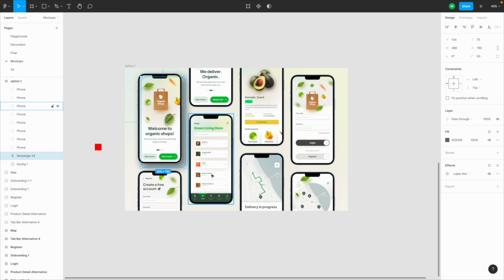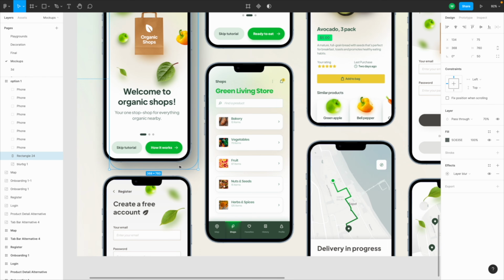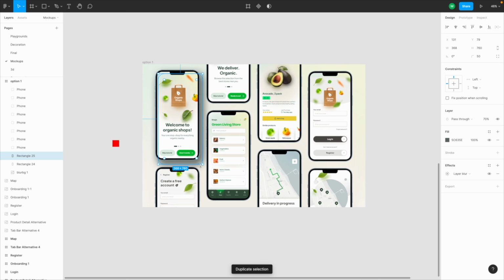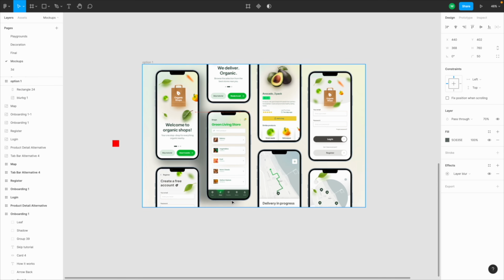And this is a good position, but we need to decrease the opacity so the shadow is not as hard on the eyes. If you want, you can place the shadow on the y-axis, so it's basically sticking out from the bottom of the phone, but generally those mockups really look better if the shadow is both to the right and to the bottom. So I'm just simply duplicating the object and then placing it under all of the other